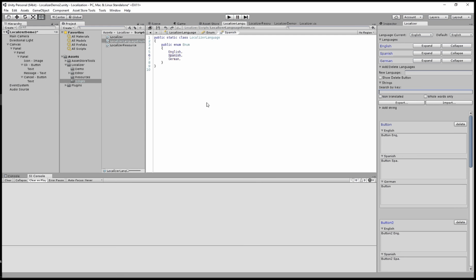And this is actually a good part, because in your code you can use this enum for yourself. Okay, and right now I just showed you how to add a new language,